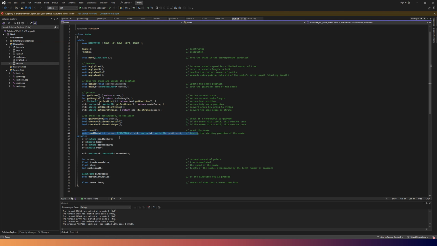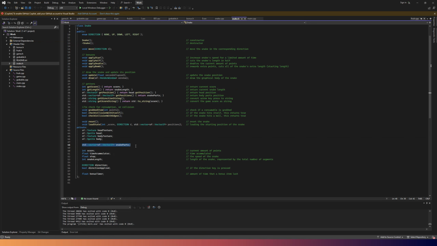starting position. And since I'm using SFML libraries, these are going to be its unique things, which would be very different from our regular programming. So texture would be the texture of the head and the body. The sprite would be just the images that I showed you guys. Then I would have the vector of the snake parts, all of the snake itself. I would have score, time accumulator, step, snake length, which would be the length of the snake, direction, if the direction key is pressed, a float bonus timer, which would be the amount of time that a bonus item lasts,